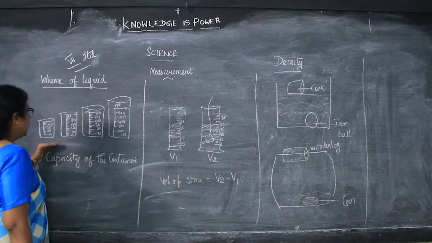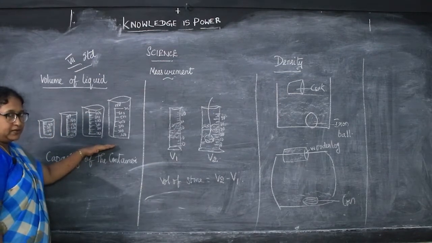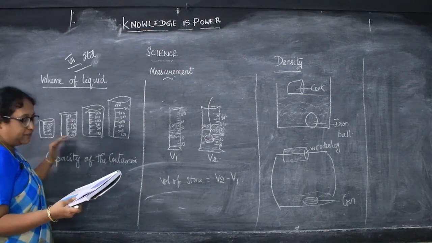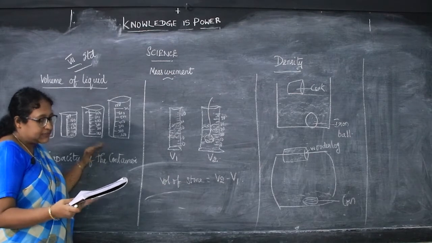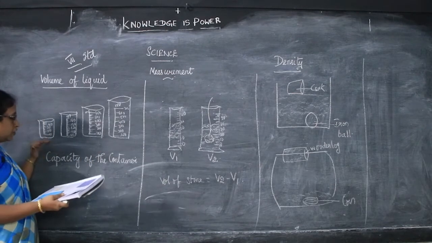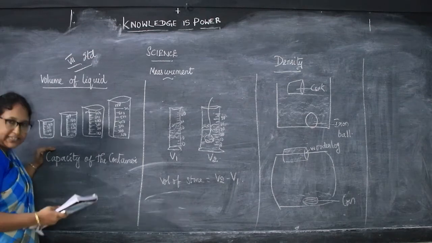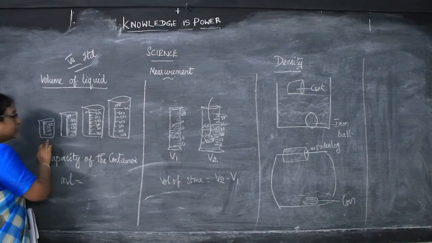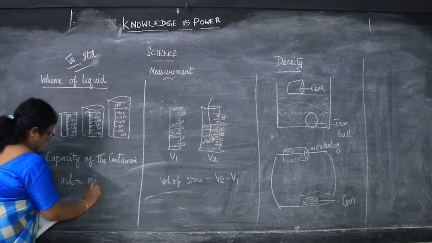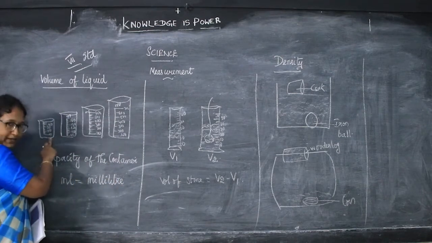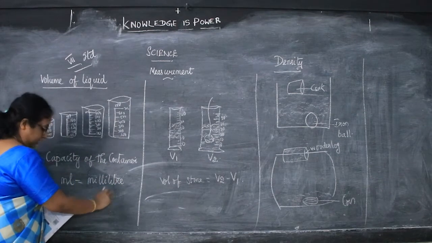Now, there are many measuring cylinders here. The volume of liquid is equal to how much it fills in the container. This is observed from the readings marked in the container. If you keenly observe, you will see that the readings are marked in ml. So, how much? In ml. This is called a milliliter.